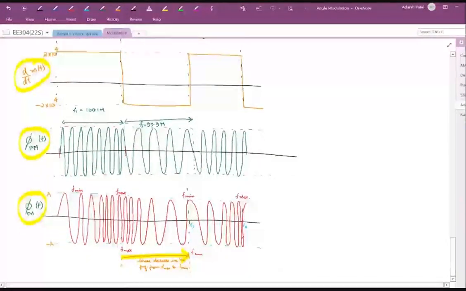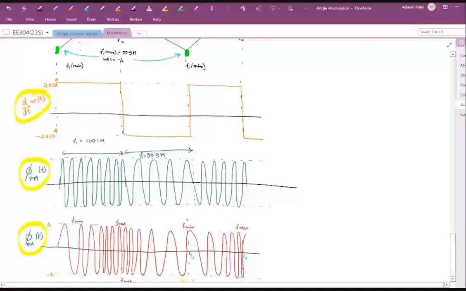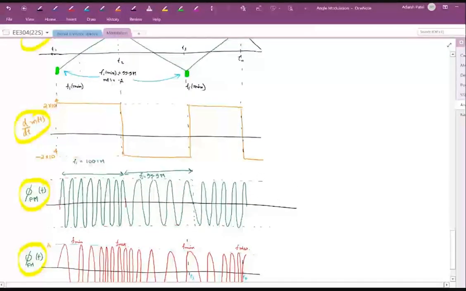And in the phase modulated signal, we saw that there will be two frequencies because dm/dt of m(t) was having,